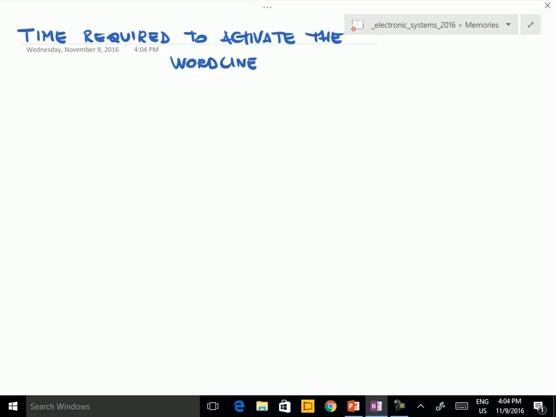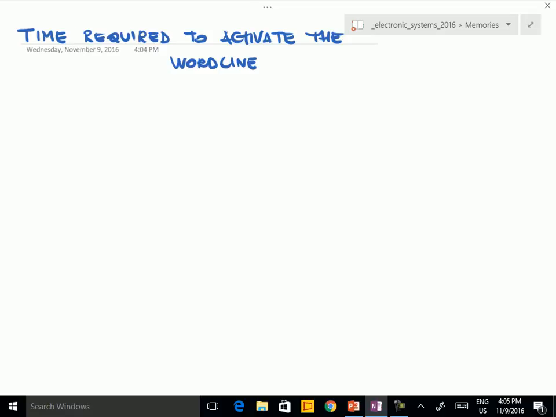Okay, remember, the total read time consists of the sum of the pre-charge time of the bit line, then the activation of the word line, then the operation of the sense amplifier. Okay, but the time required to activate the word line is